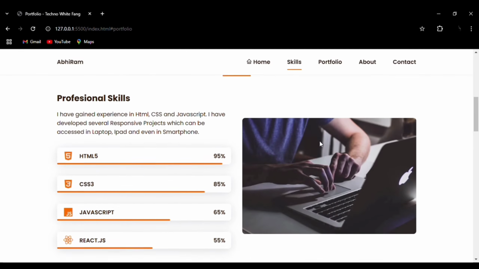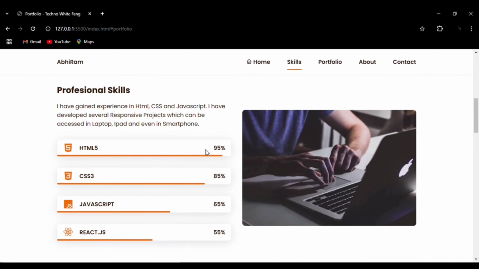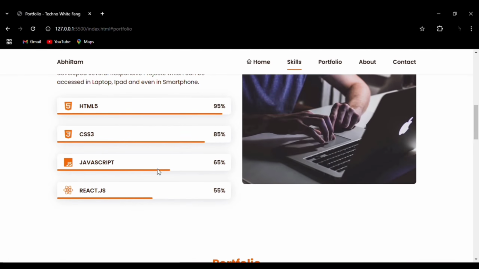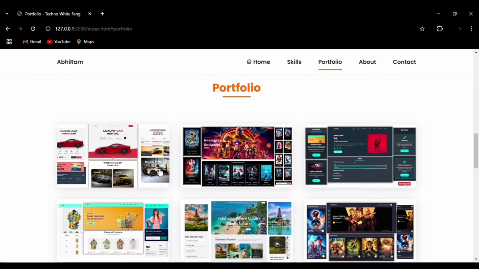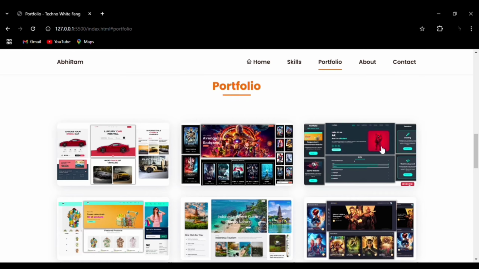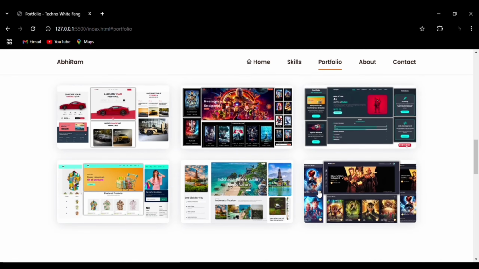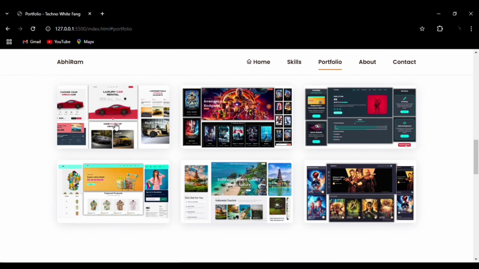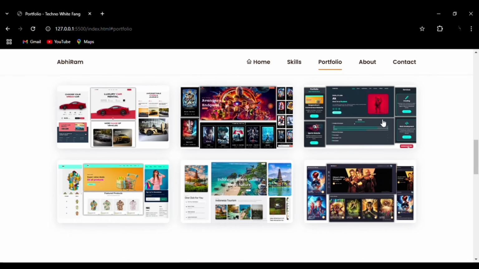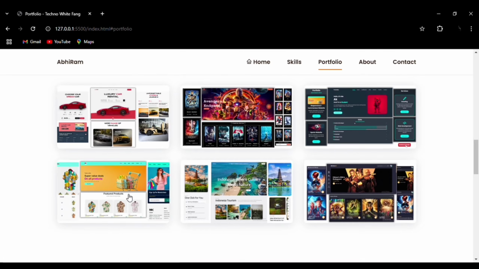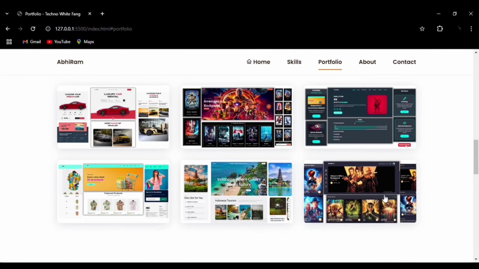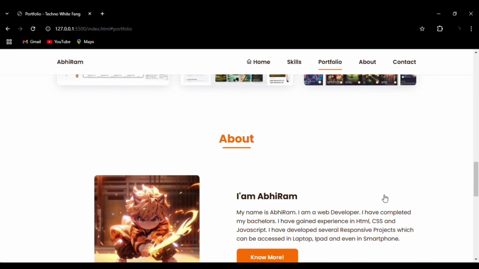Then we have the skills section where I've mentioned the percentage of proficiency that I am good at in that particular skill, like HTML5 which is 95 percent, CSS3, JavaScript and React.js. Then we are at our portfolio section, that is the projects that we have worked on recently. Here I have a luxury car rental website, movies website, another portfolio, e-commerce website, travel website and another movies website, and